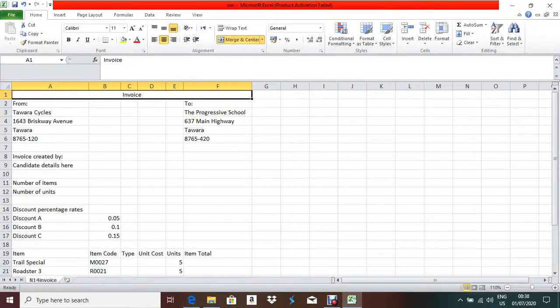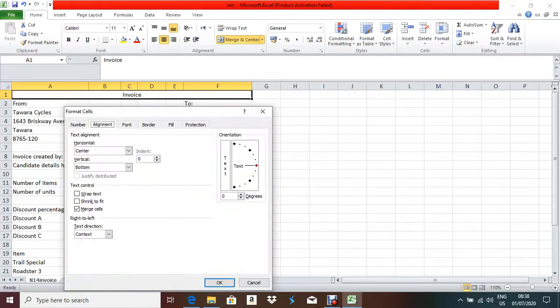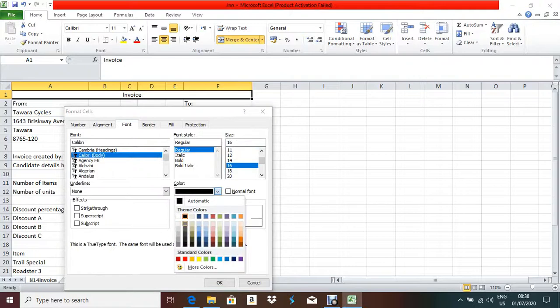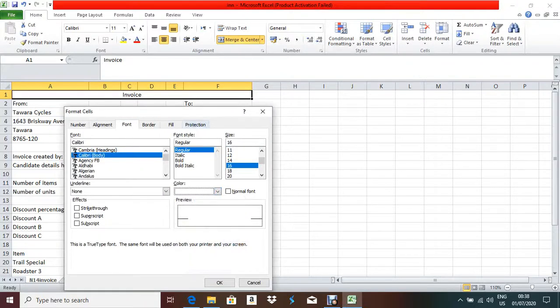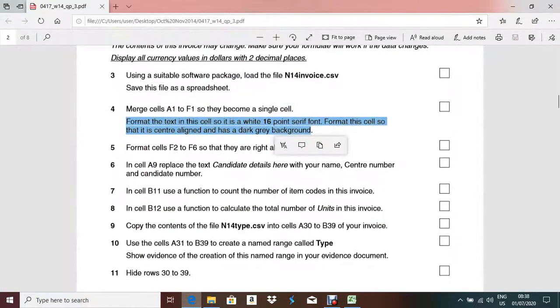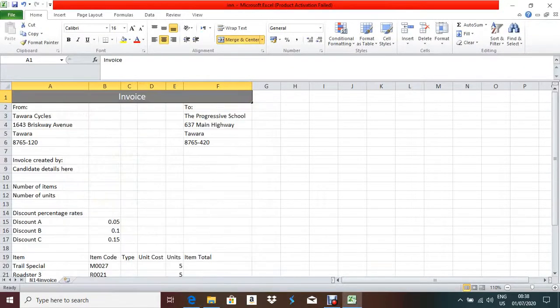You have to go to format cells again. The center one is done. The font size should be 16 point. Font color should be white, and the fill, that means background color, should be dark gray. Okay, that means this one. Then press OK. Done. Now we can go for the next question.